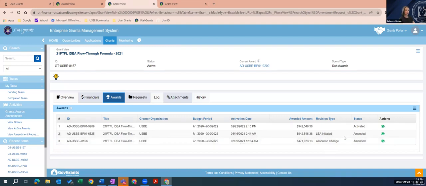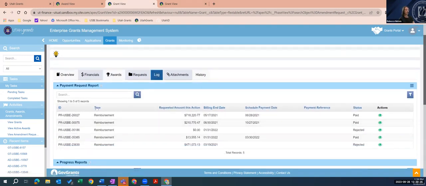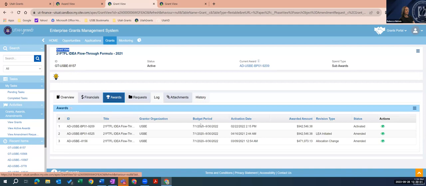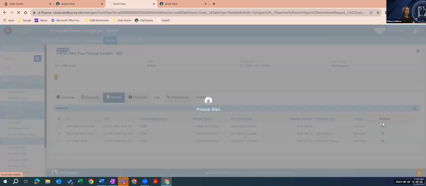To show you again the payment requests: if I'm on grant view, the grant view is again the high level umbrella. It shows everything. If I look at the log, it will show all payment requests that were issued or submitted, paid, rejected, whatever their status is. It will show me all payment requests that were issued under this program under the umbrella. However, if I'm looking at a specific award, let's say the most recent award,